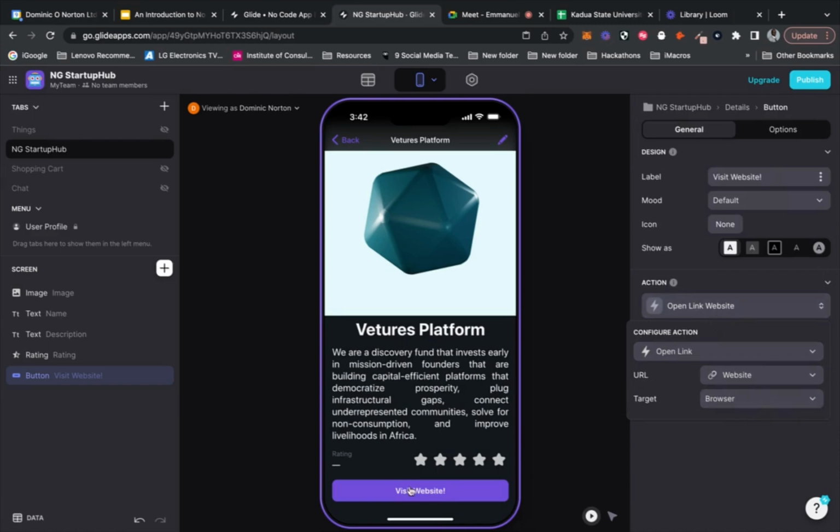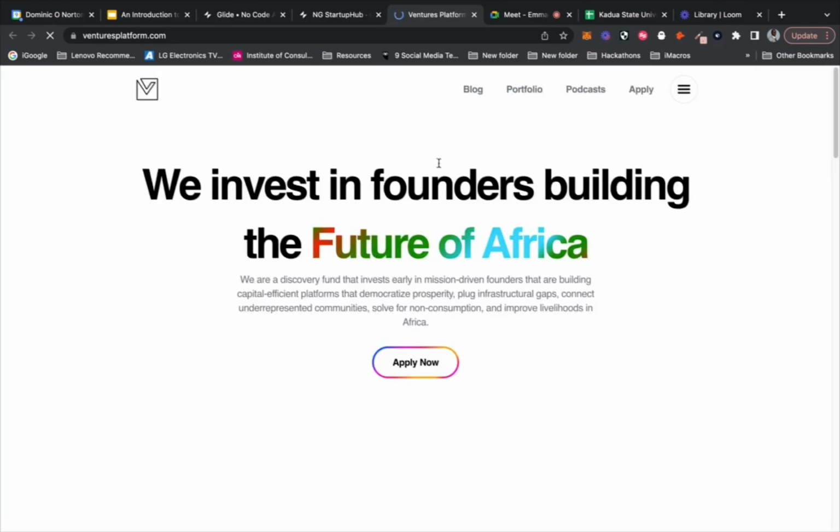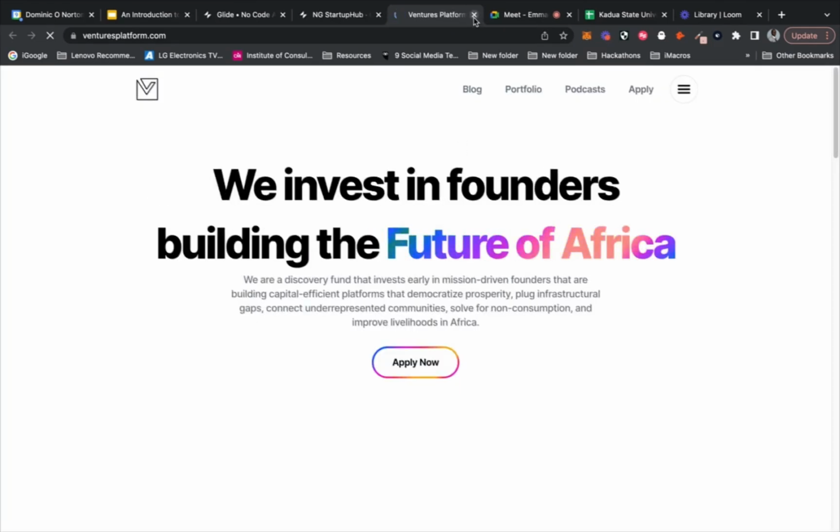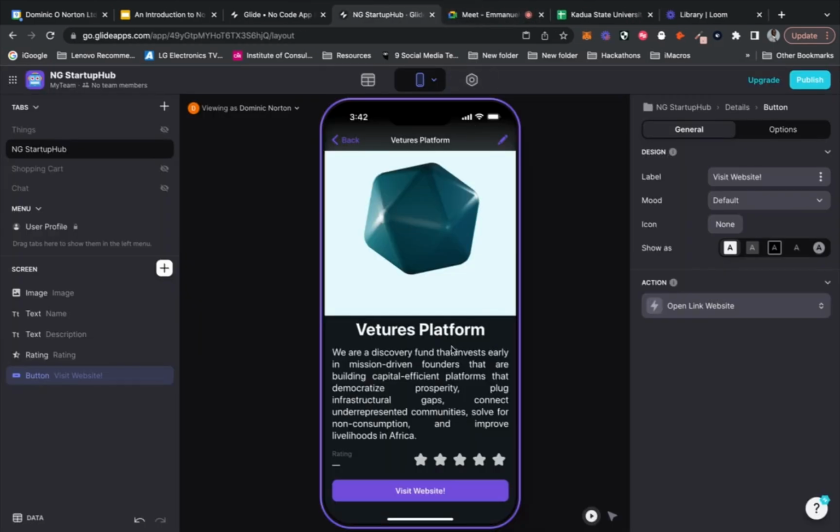So now when a user selects visit website, what it actually does is open the link in the browser to that particular website. We can also change how this button actually looks, but we're going to leave it as the default.